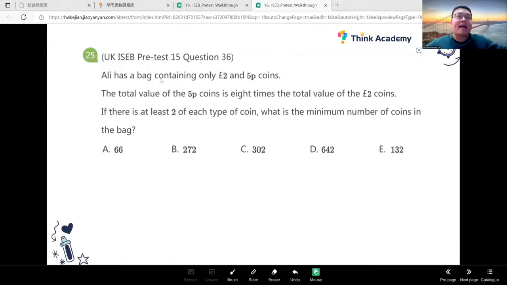Ali has a bag containing only 2 pounds and 5 pennies coins. The total value of 5p coins is 8 times the total value of 2 pounds coins. So it says value, guys. You have to be careful. Sometimes it tells you the number of coins, sometimes it tells you the value of coins. It's different, okay? And if there is at least 2 of each type of coin,